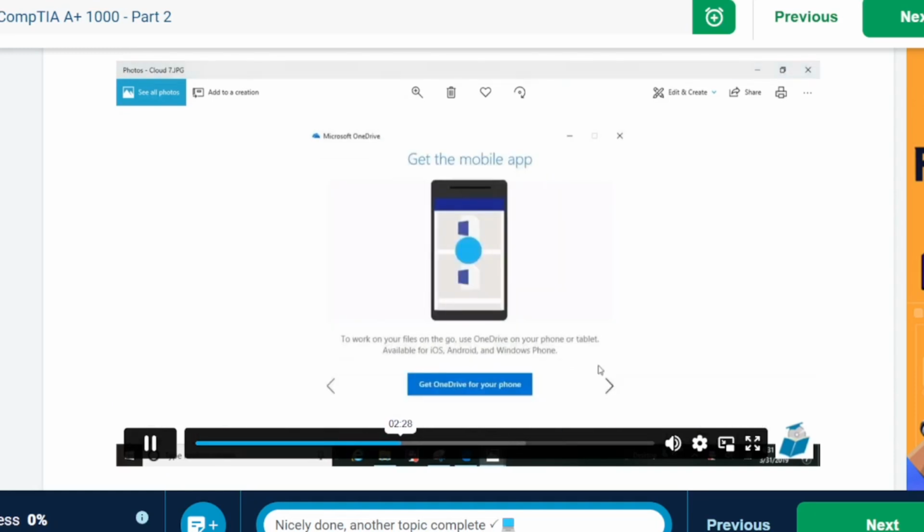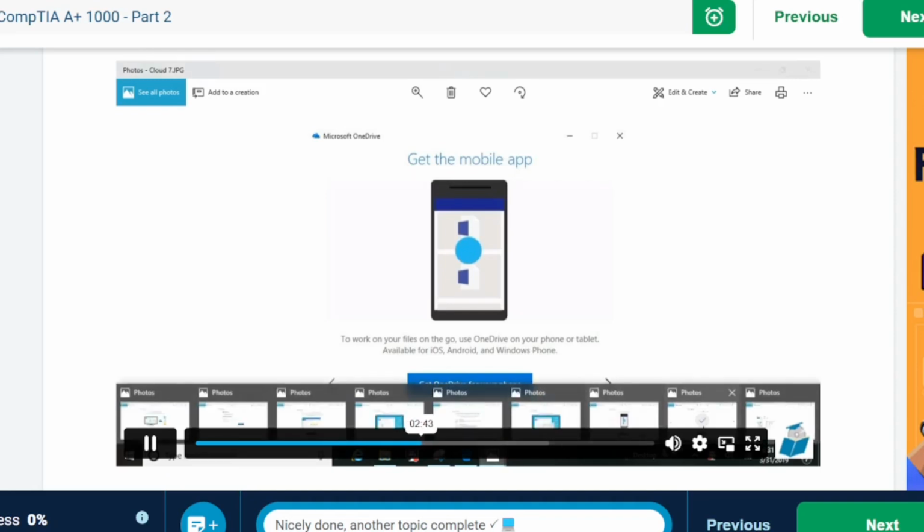I mentioned earlier you can use this on a phone, so you can use it on any type of phone or tablet. You can get your files anywhere out of the cloud. So I can be at work, I can be at home, I could be at school, or I could be at a ball game and be able to access anything that's stored on the drive.